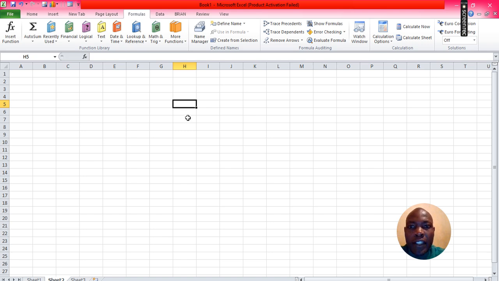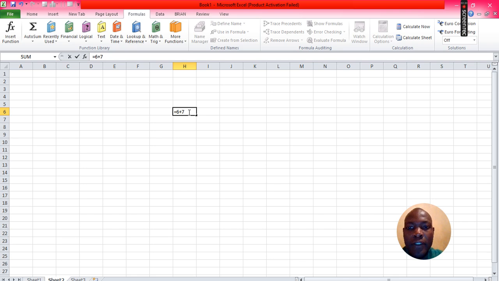Now to perform calculations, e.g. addition in Microsoft Excel, first of all, you must start with an equal sign. Type an equal sign, followed by the operation you want to perform, e.g. equals 6, shift plus 7.